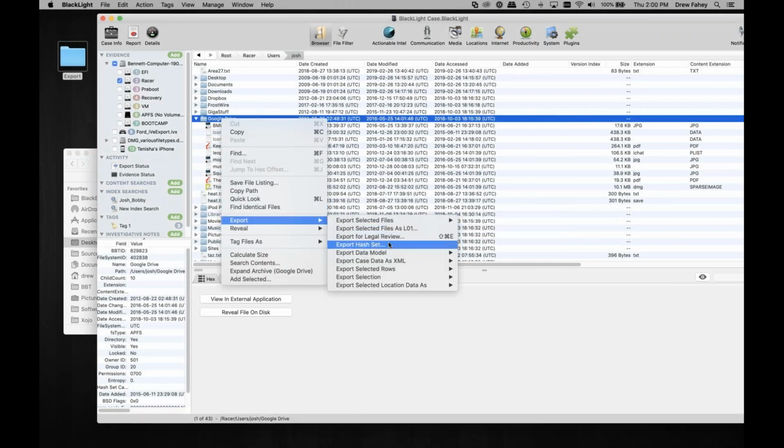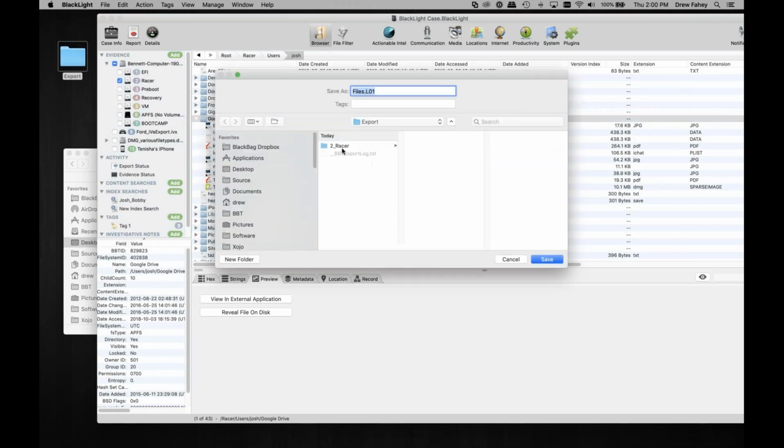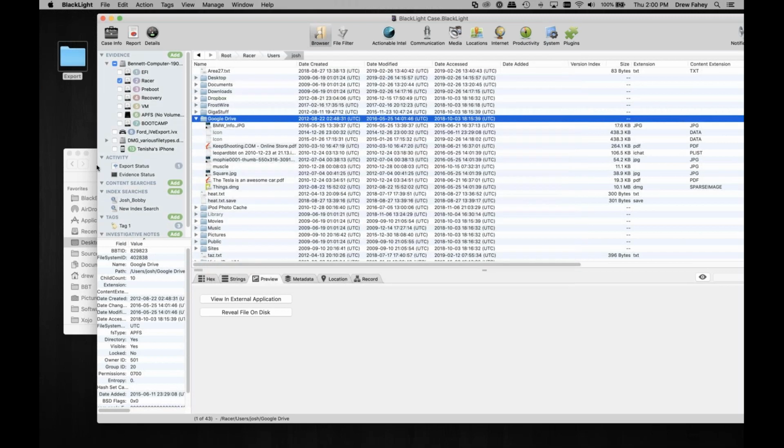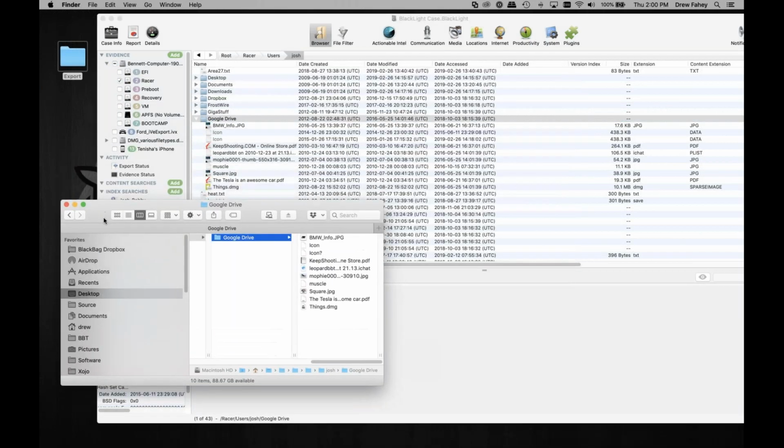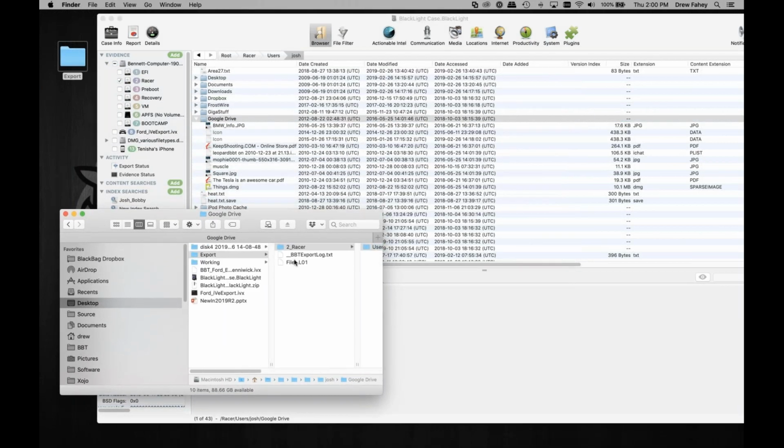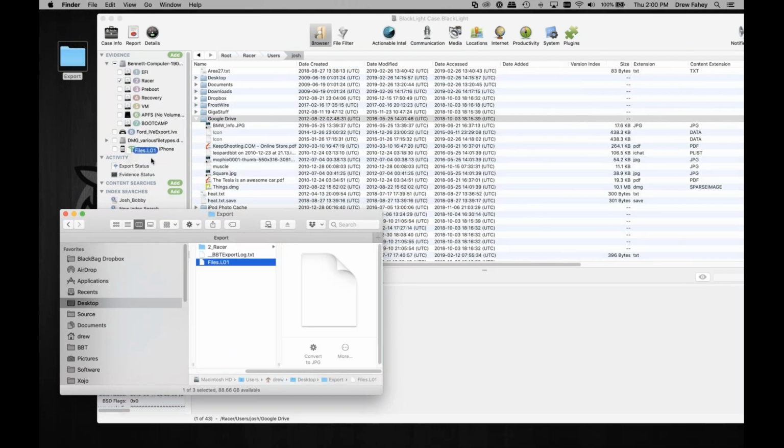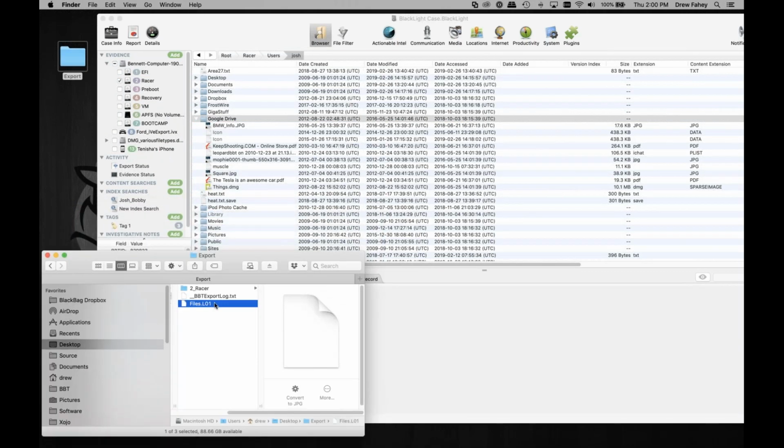The other thing we can do is, as Ashley mentioned, and as I just showed you within your preferences, well, I'm not going to change those, but we're going to export this as an L01. I'll just keep it in export, set your name, we'll save it, and we should get a file here called files. It's already done. I can just bring this back right into BlackLight